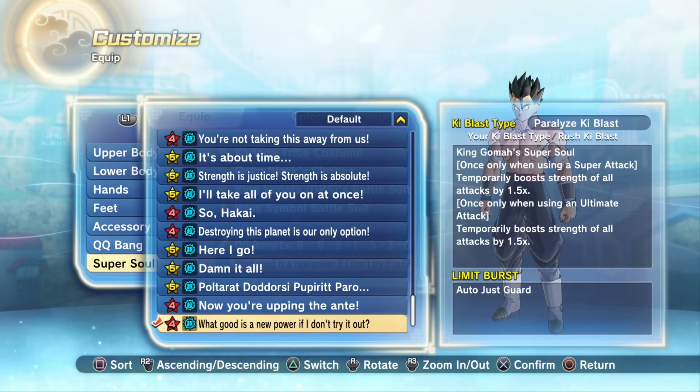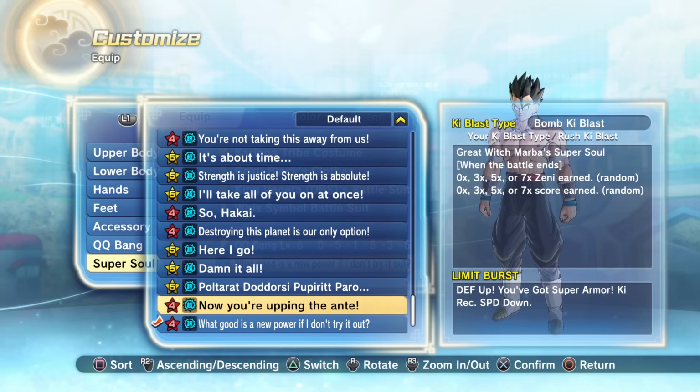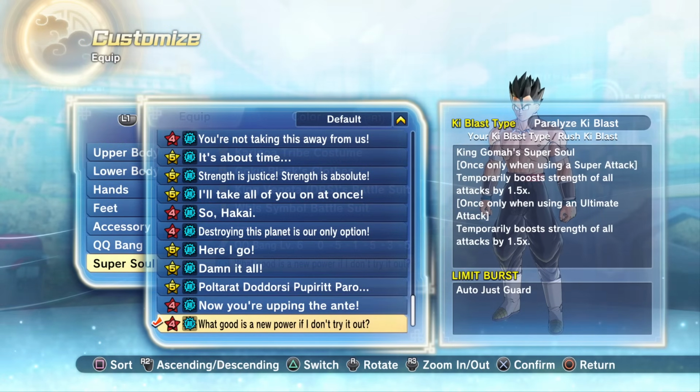It's a 4-star Super Soul, and it's actually from King Goma, the main antagonist from Dragon Ball Daima. Once only, when using a super attack, temporarily boosts strength of all attacks by 1.5 times amount. So right off the bat, extremely different from all the other power boost Super Souls like this one, for example. Temporarily boost strength of all attacks by an XL amount, which is 20%. The largest one that I've seen would be a double XL, which is 25%, right? So you can still technically convert this 1.5 times amount to a percentage, which is basically